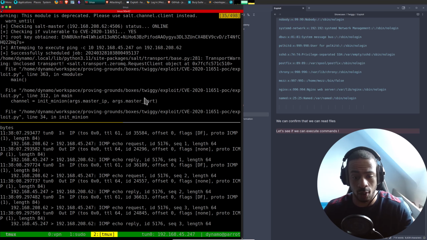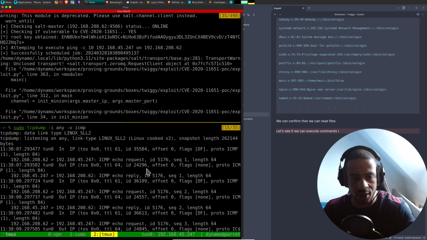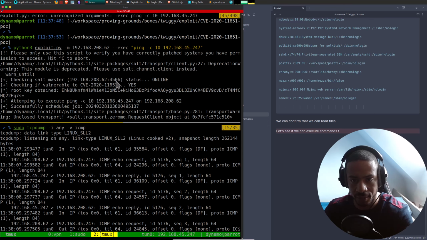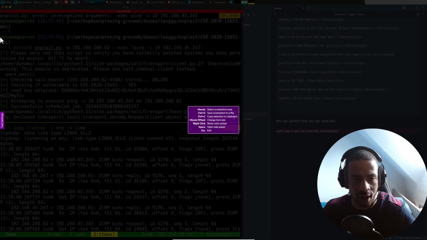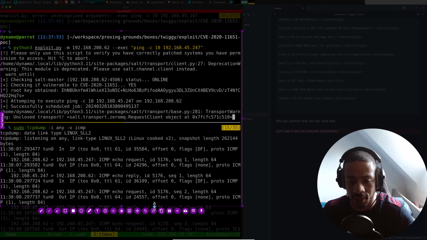Oh, wow, that works. Amazing. So like this, we can confirm that we have command execution, that we can not only read files, but also execute commands. And that is everything we need, actually.